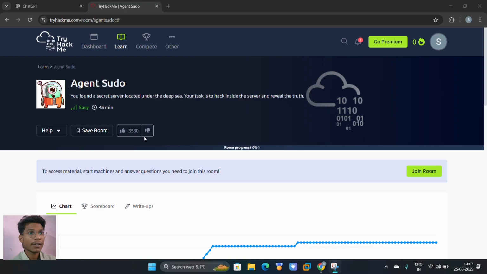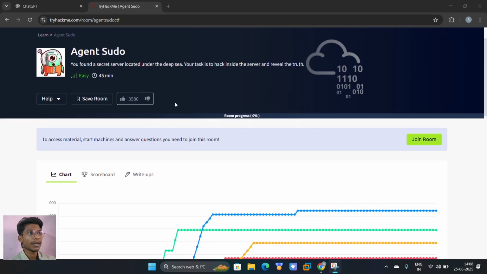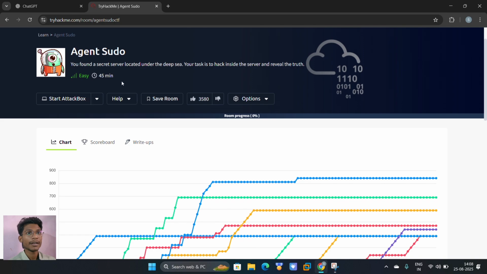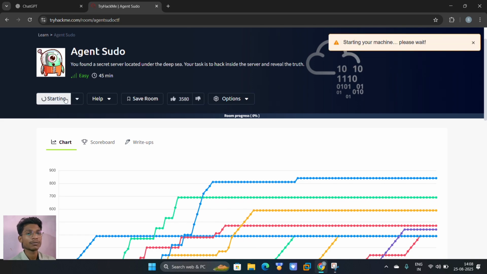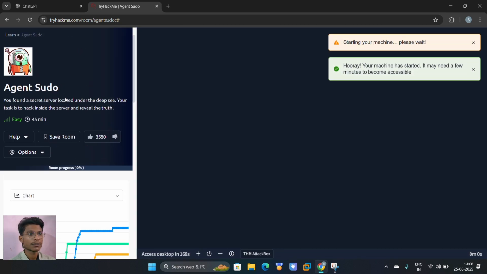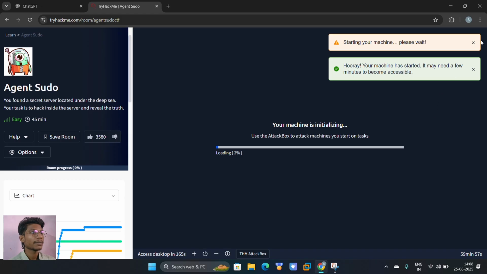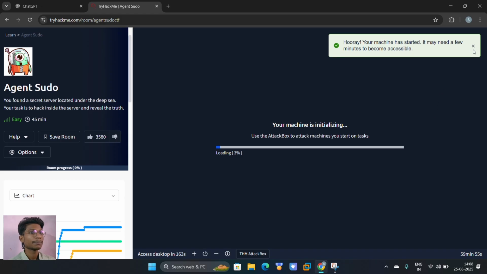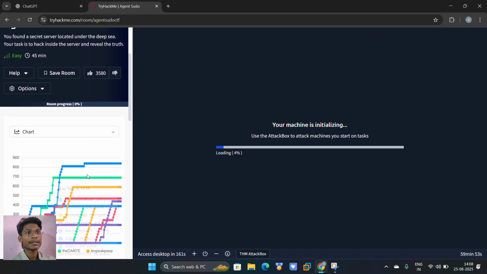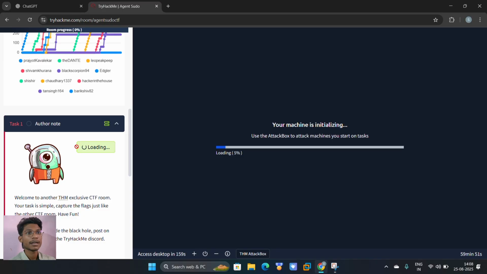So guys, now we are on our computer screen and here we have opened TryHackMe and this is the Agent Sudo CTF. So let's join this room. And we have joined, and let's start the attack box. We will use the attack box to solve this room. So guys, it will take some time to load. In that time, let's start our victim machine. Start the machine,